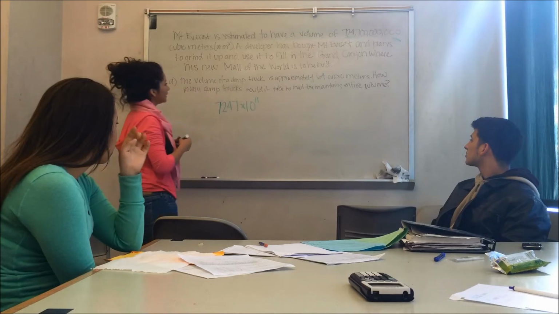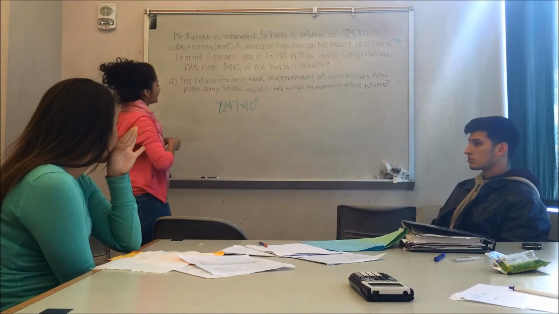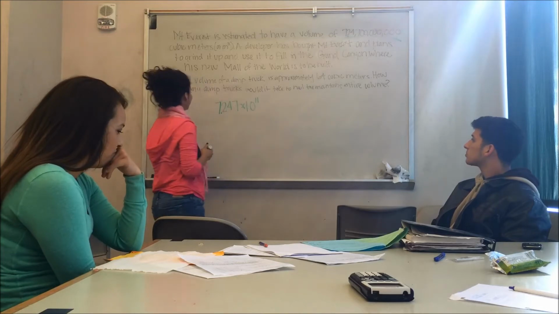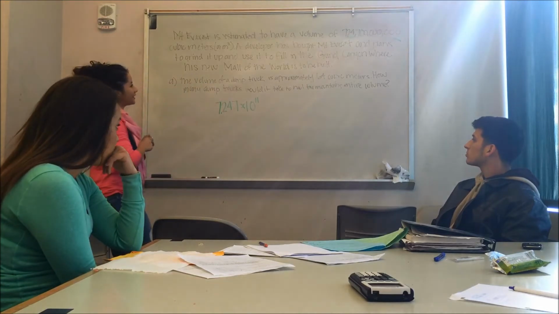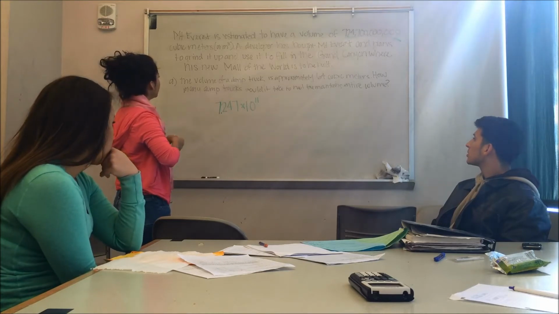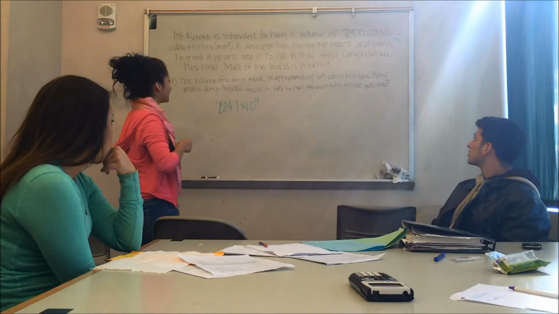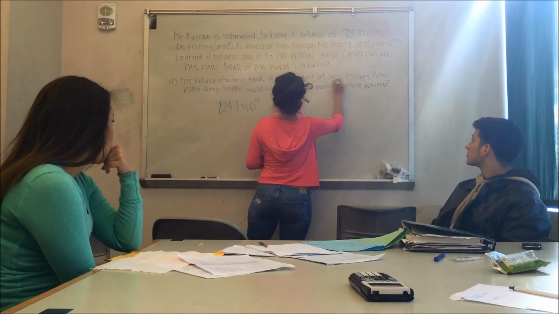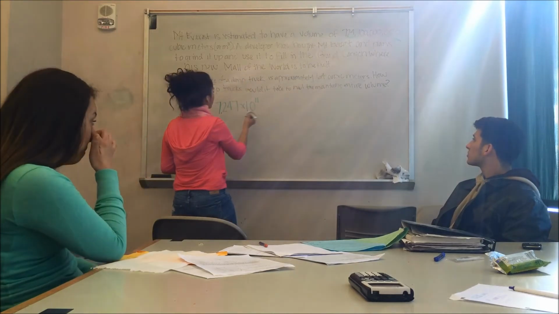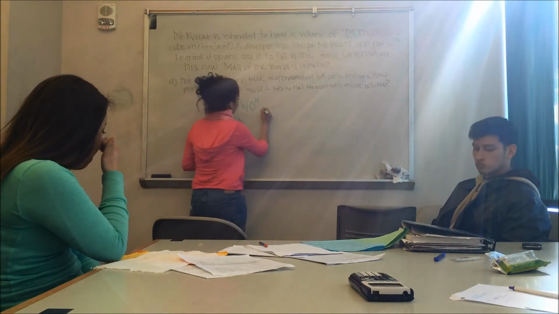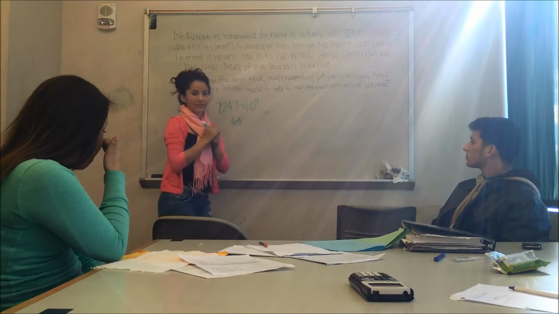And then we're trying to find out, okay, it's going to be 7.247, and we're trying to find out how many dump trucks it would take. And since there's 64 cubic meters per dump truck, we're going to divide it by that. So it's divided by 64 equals,